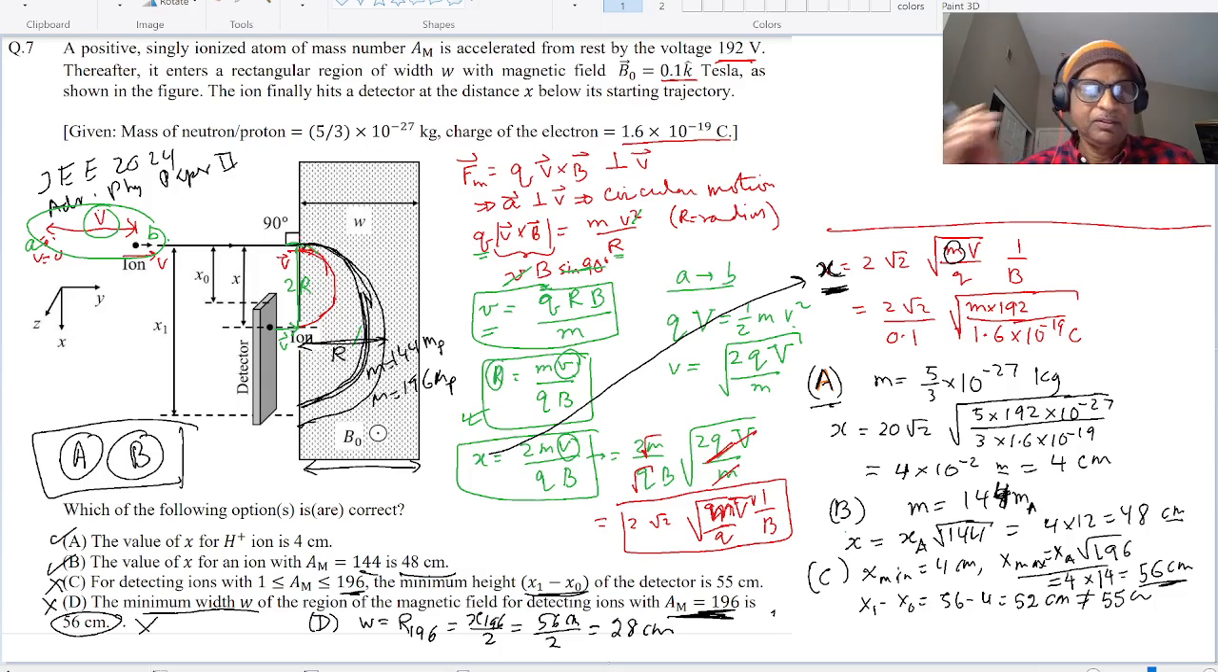Okay, this is a good problem. It has a nice picture to go with it,